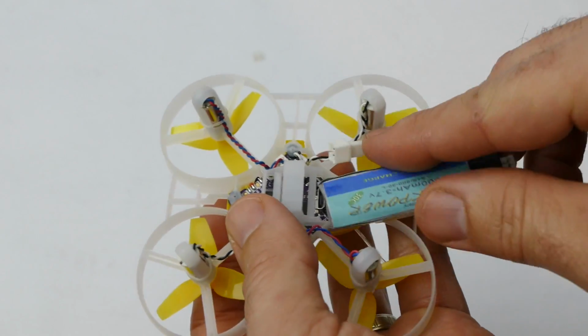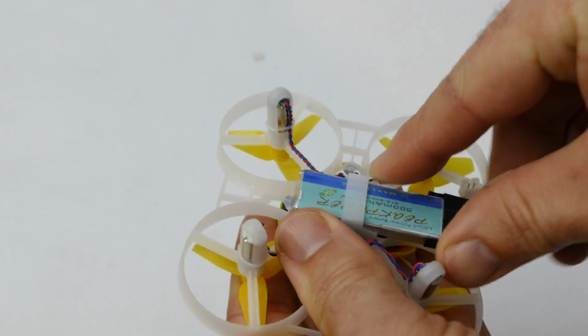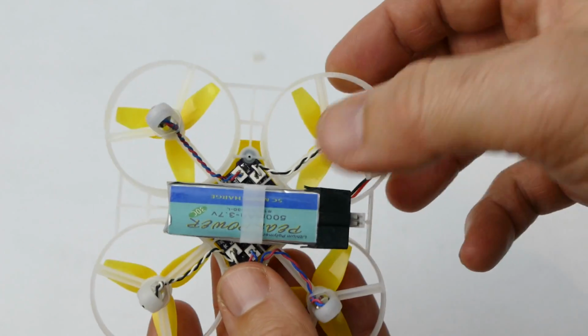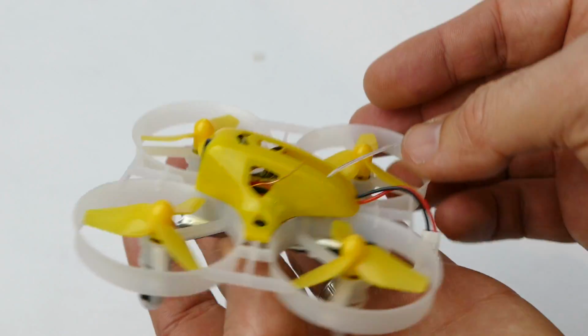Now, the batteries that come included are a little bit tricky to get in and install. They do have a bit of a friction fit there, but in a way that's a good thing. They won't be flying out mid-flight. It says it takes roughly 15 to 20 minutes to charge a battery, and you'll get roughly 4 to 5 minutes on